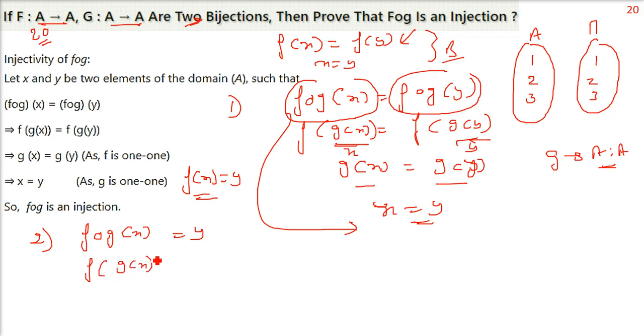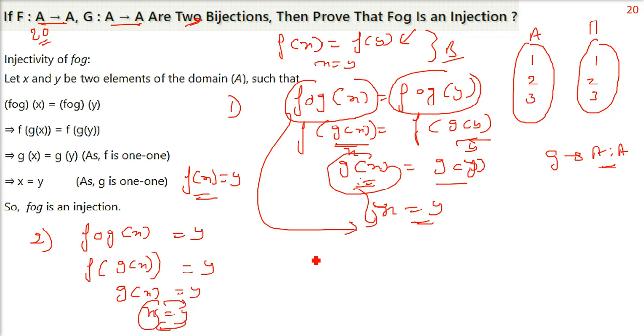And just now we saw, by our previous discussion of 1 to 1, f of gx is nothing but gx only. So gx equals y. What was gx? Gx was x by our earlier discussion. So x becomes equal to y, right? So x is also having a certain value which is equal to y. So for y, x is defined, or for x, y is defined. This is injective also and surjective also.